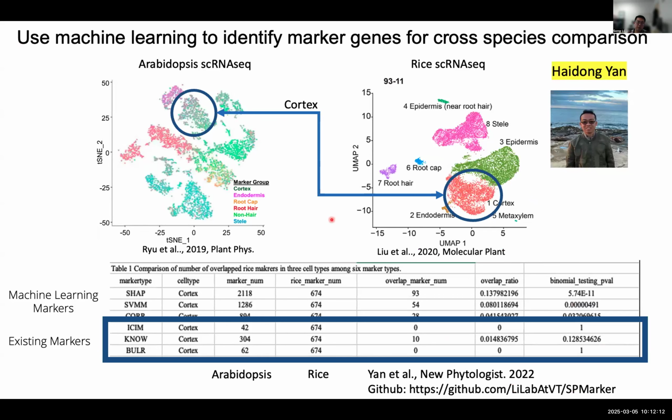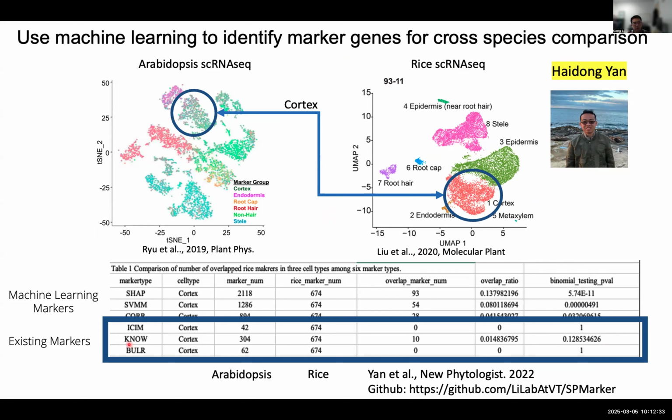And go a little bit way back to the early stage when the single cell data was first published in plants in Arabidopsis and rice. A grad student, Haidong, he was a grad student and postdoc in Bob Schmitz's lab. Now he's a faculty at one of the Chinese universities. And he looked at the single cell markers across Arabidopsis and rice in the first batch of published single cell maps.